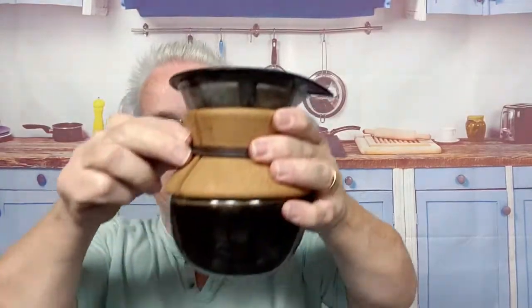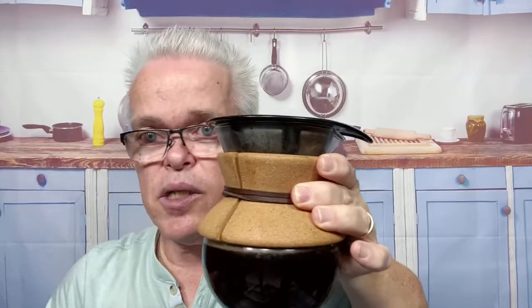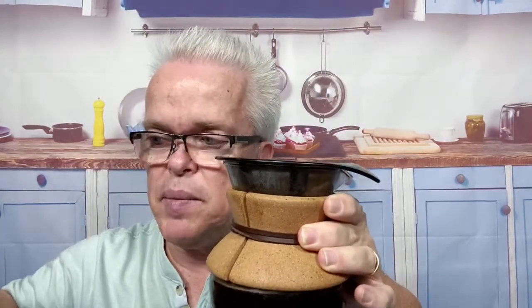Well, this one's about 8 ounces of water, maybe a little bit more than 8 ounces. I usually just fill my pot up. It has a line where you fill it up right here. It's probably about 16 ounces, maybe a little more in there. But I actually leave a little extra in case I want more coffee. So here we go. I got this there,